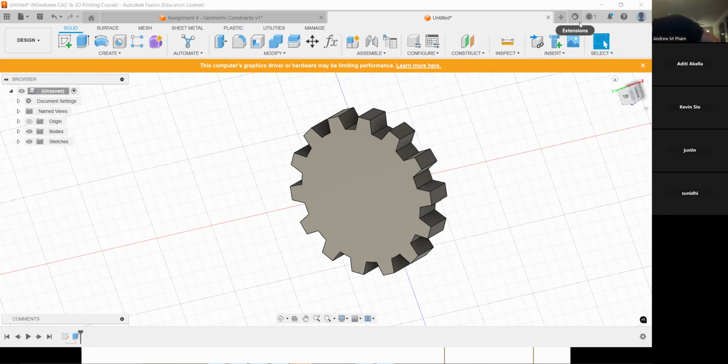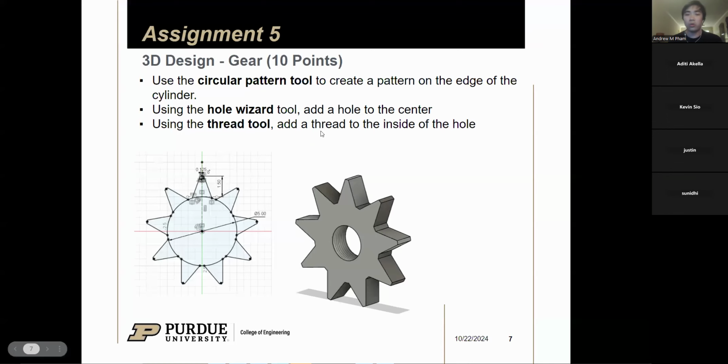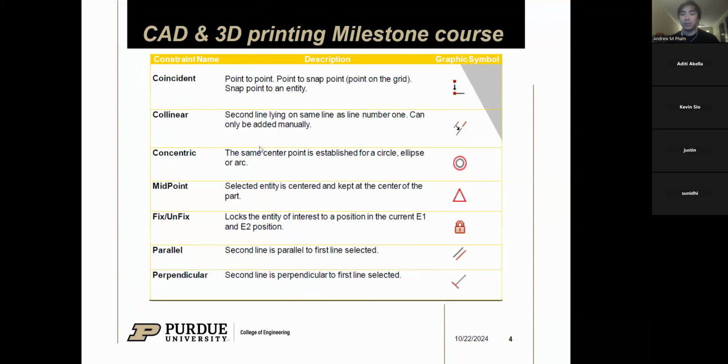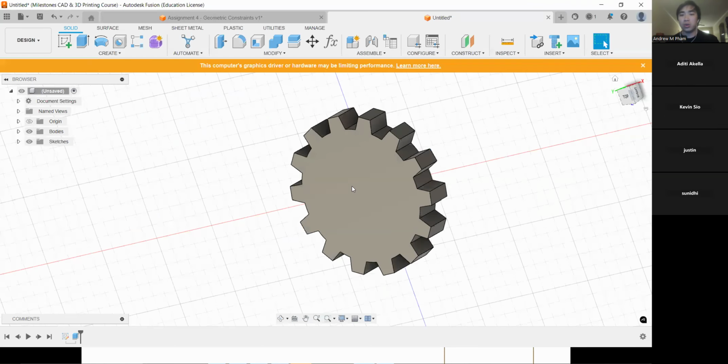So the last part on this assignment is adding this hole in the center. And you can see this hole has threads in it, right? So we're going to be using the hole wizard tool. One of the reasons why we recommend you use the hole wizard,